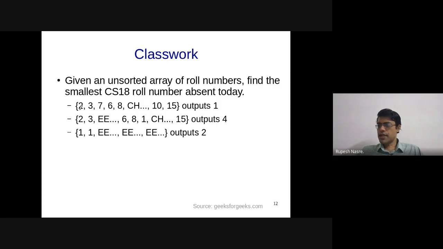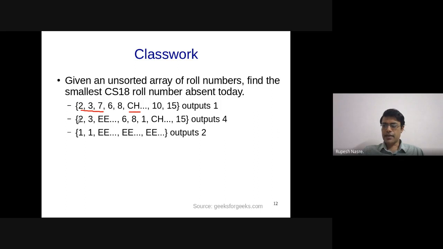That means, assuming that the input is like this, there are some non-CS students in the input, and this is unsorted. This 237 means that CS18B002 and so on. So the first roll number which is absent in this first array is essentially CS18B001. So that should be the output, right? Assume that you can read the roll number in constant time. Don't think that CS18B005, etc. will require a larger amount of time. You can assume that that is going to be a constant width, which is 8 characters, which is order constant. So we can view this as an order 1 operation.